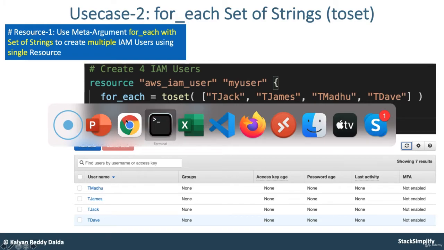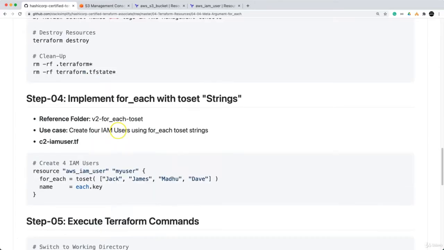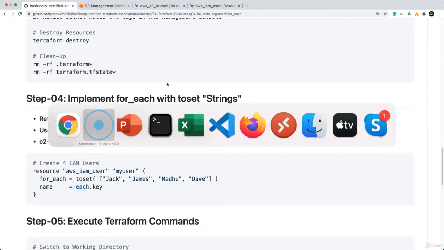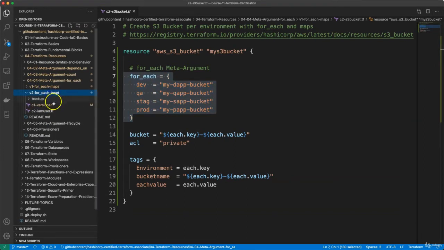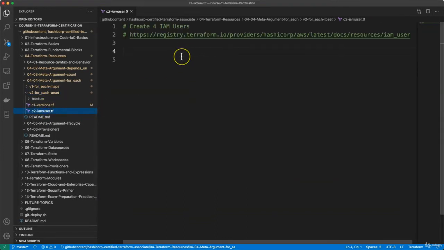Right, so let's go to the GitHub repository, and this is our step 4 now. Implement for each with set of strings. So let's go back to our Visual Studio Code and go to v2 for each to set and then IAM user. Using a single IAM user resource, you are going to create 4 IAM users using the for each meta argument applied